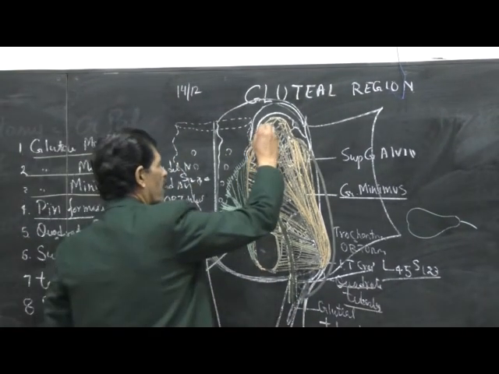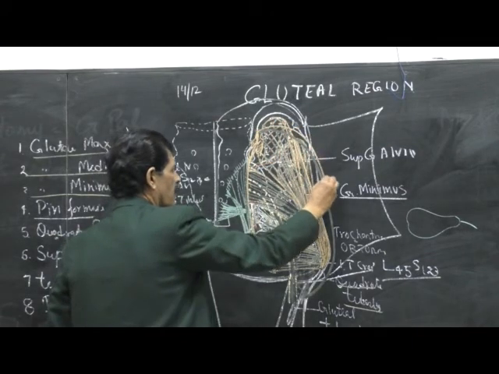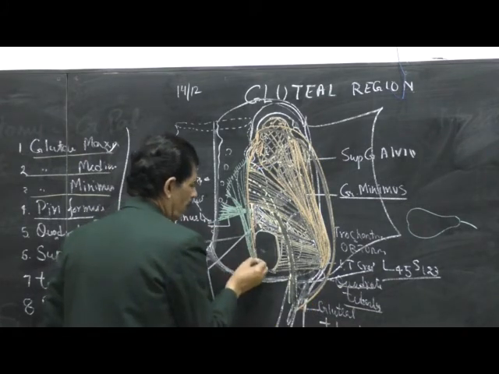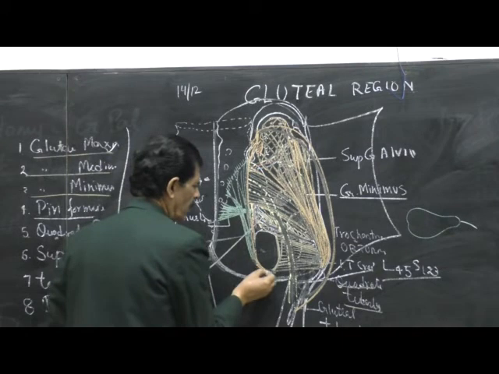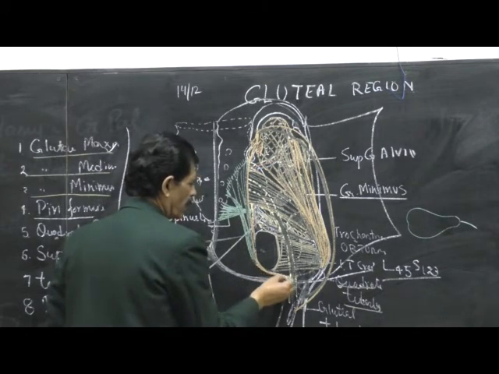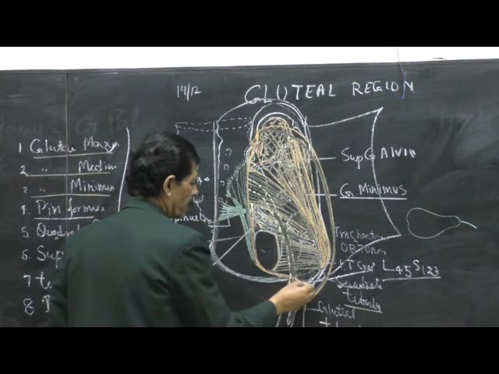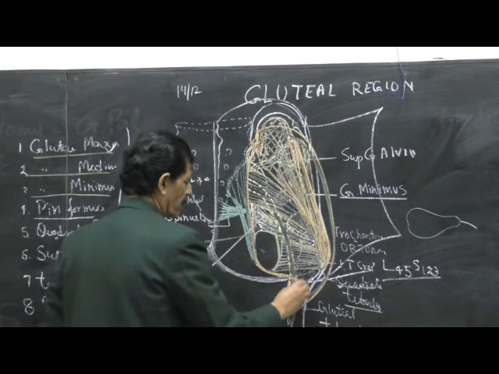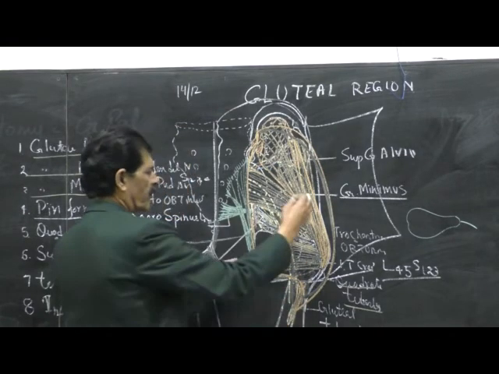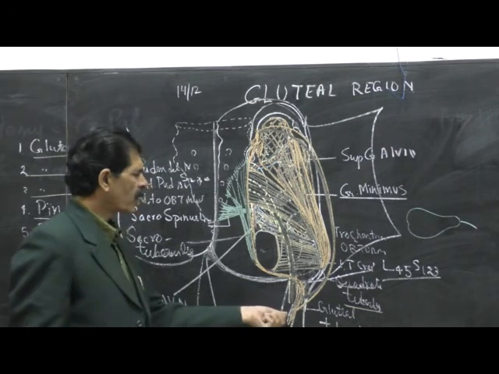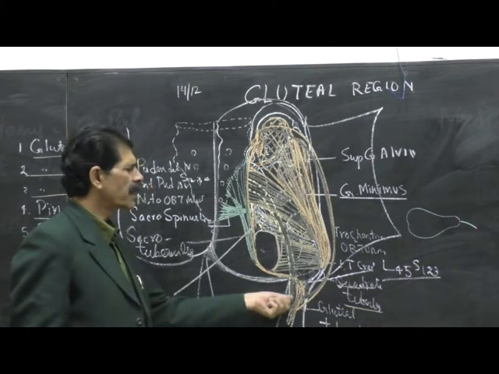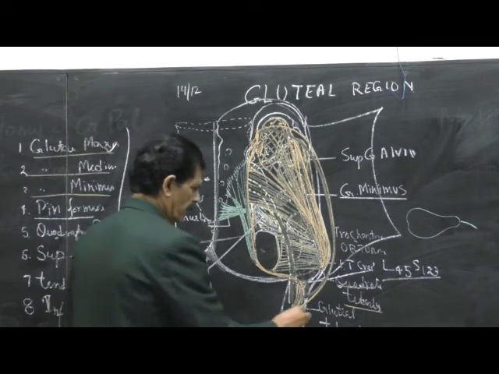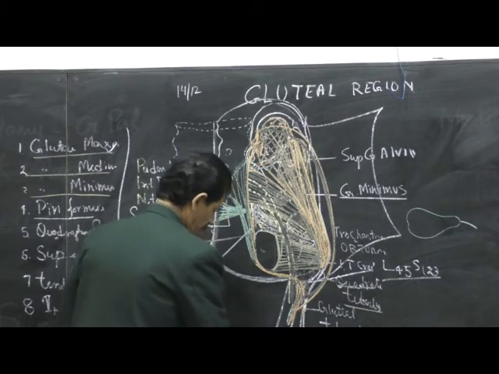So this is the upper border of the gluteus maximus, coming to the ischial tuberosity. Then the lower border of the gluteus maximus, forming the gluteal fold, comes here. And the muscle fibers converge towards the gluteal tuberosity. But as the muscle is very big and the gluteal tuberosity is very small, the whole of the muscle cannot be inserted to it. Then, as we know, there lies laterally